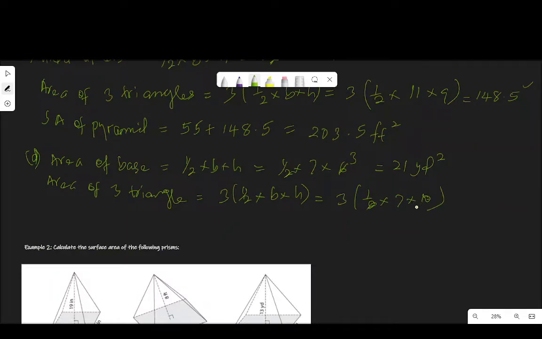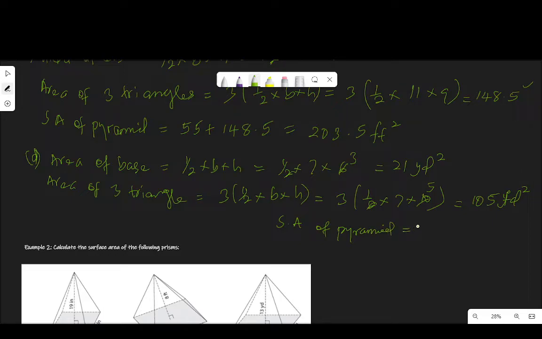Half of 2 is 1, half of 10 is 5. 7 times 5 is 35. 35 times 3 is 105 also. Yes, 105. Is it feet or yard? Yard square. Therefore, the surface area of the pyramid